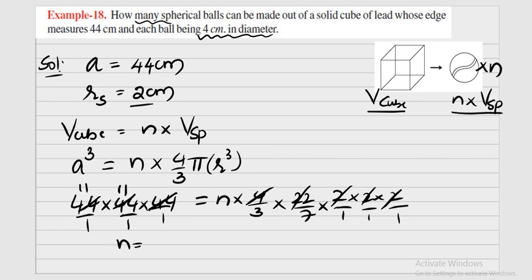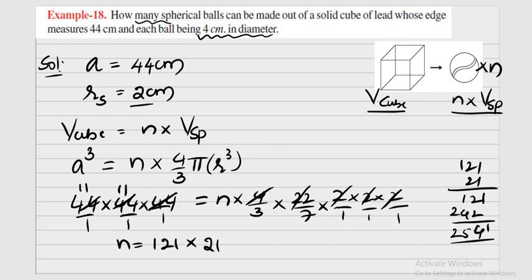So from this, n is equal to, what are the things that are left? This is 121 into 3 7s are 21. So 121 into 21. So 1 1s are 1. So 121. So 2 121s are nothing but 242. So 1 4 5 2, so it is nothing but 2541. So these many lead spherical balls we can make. Okay, so 2541 is the number of balls that I can make out of these particular things, right?